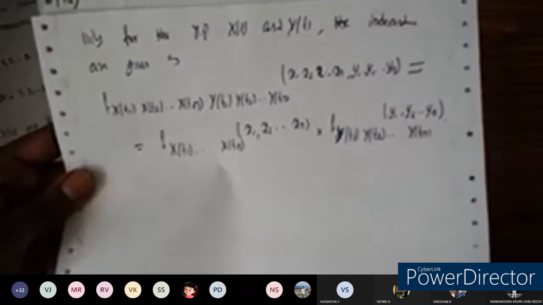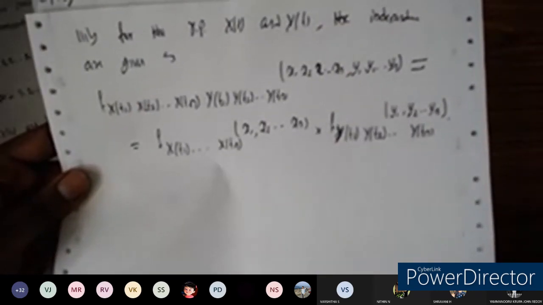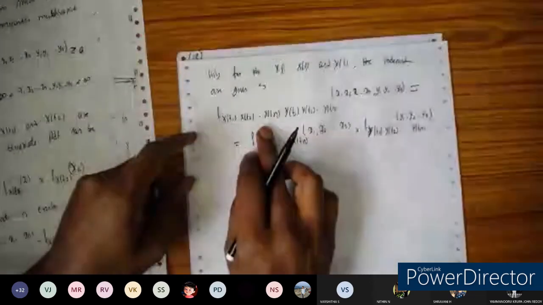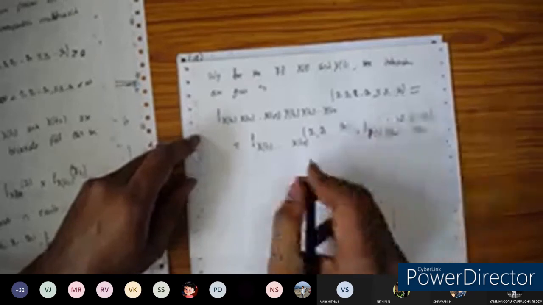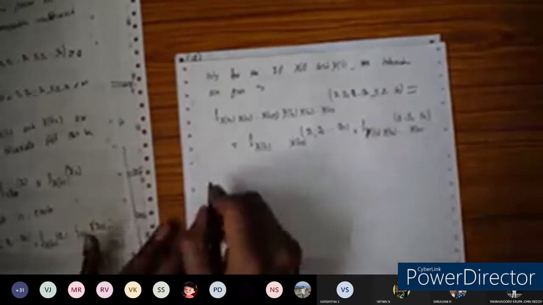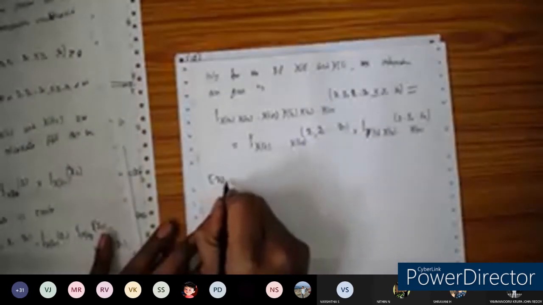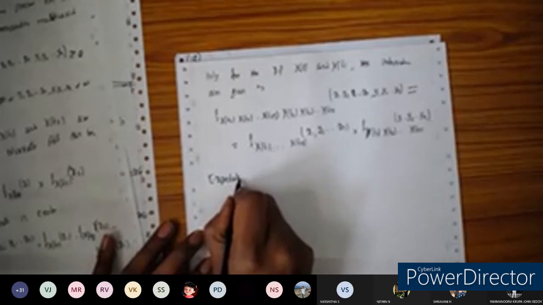So done, right? You have the expression now. We have seen the PDF we have defined here, and we have seen how they are statistically independent. Now let us define the expectation. The expectation is nothing but the mean, and then the variance. Let us find the expectations here. So I can take the next topic as expectation.